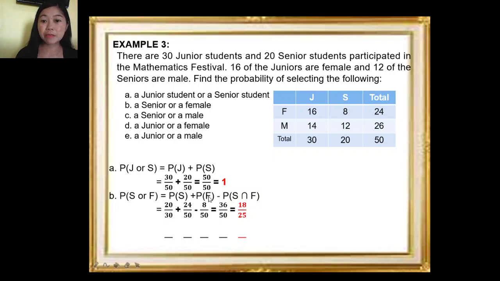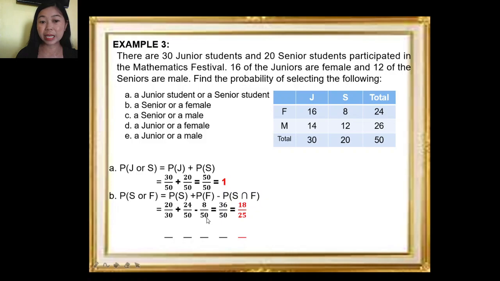Plus, ilan ang female? So, we have 24 females over 50 minus. Bakit nag-minus tayo ng 8? Kasi yung 8 ay counted na sa bilang ng senior. Kaya nga sabi intersection, intersection ng senior and female. Na-count na siya dun sa 20. Kaya ima-minus natin yung intersection ng senior and female, which is 8 over